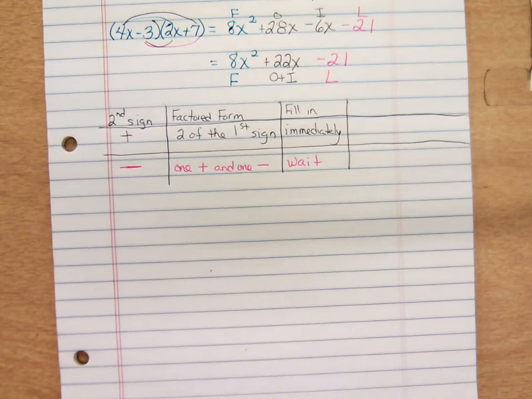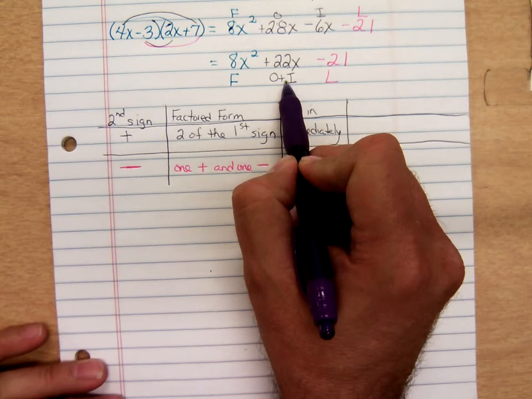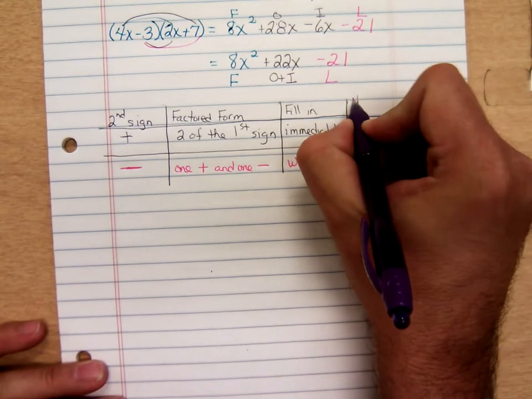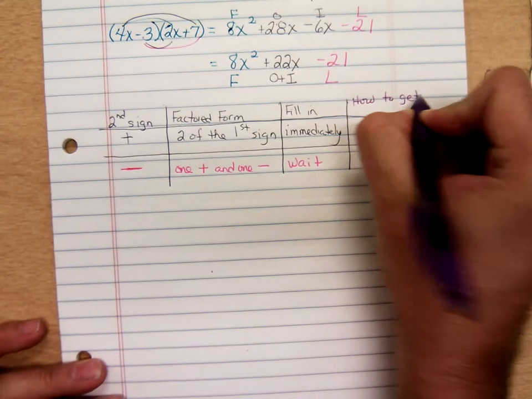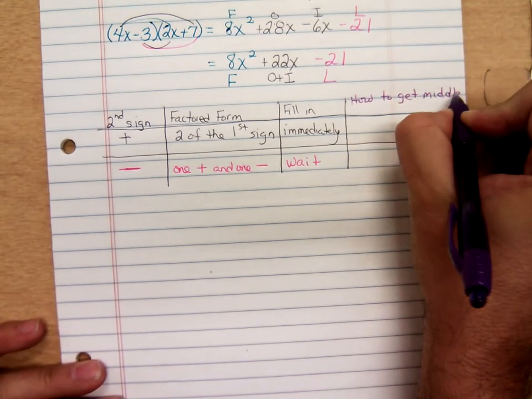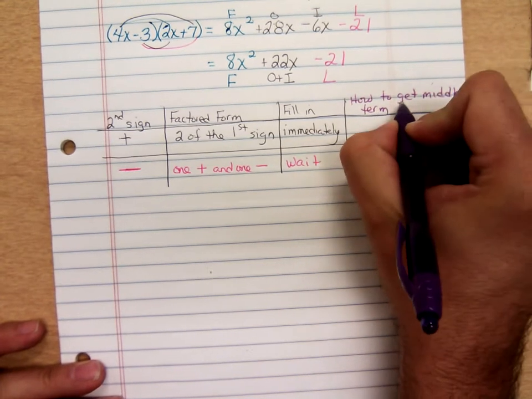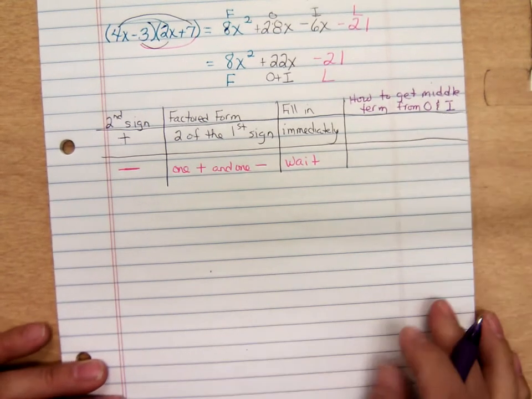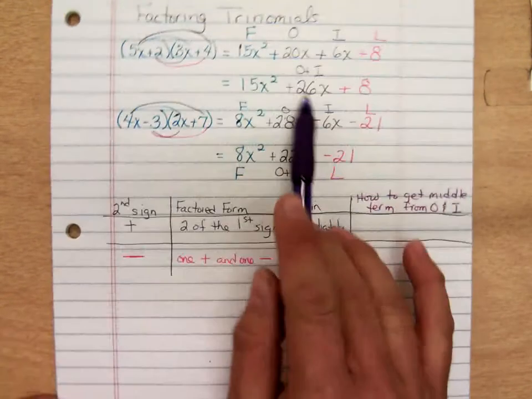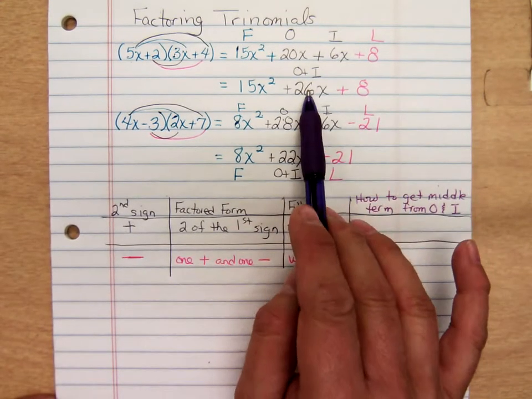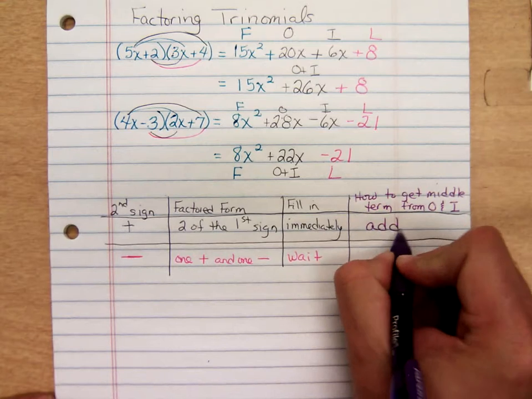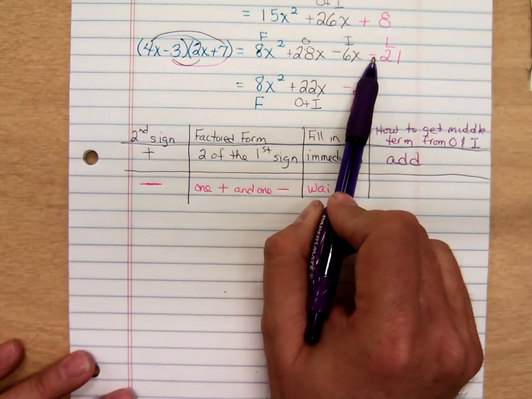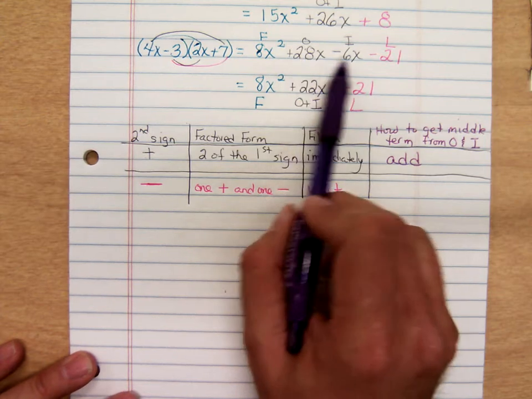Now for the last column, how do we get the outer and inner, how do we get that middle term right here? How to get middle term from outer and, that's a little and sign, inner. How do we get that? Well, up here, the 20 and 6, you're adding together to get 26. You add them. Here, if the second sign is minus, then you have a positive and a negative, so you're